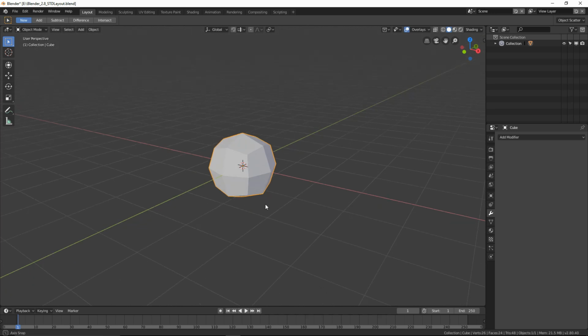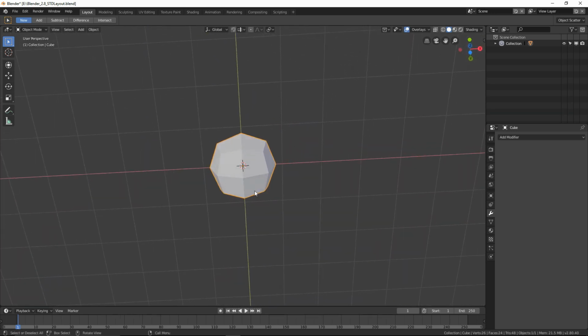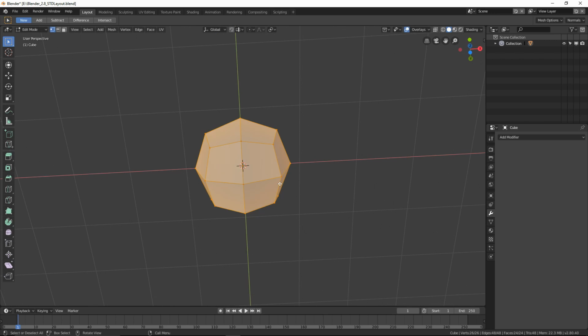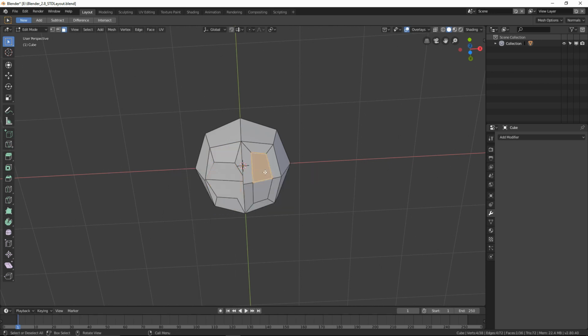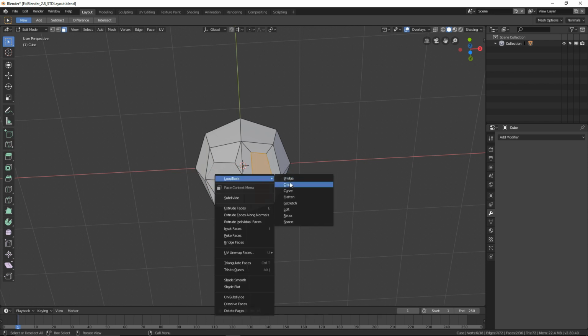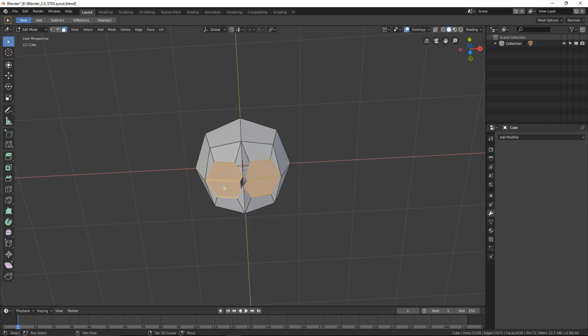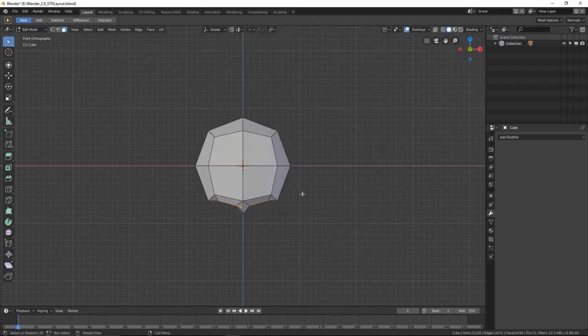Now we want to go to the underside of that sphere, go into edit mode, select this polygon and this one and just go I for insert and just insert it down to about there. Do the exact same for the other side, I for insert to about there. With those two selected, right click, go to loop tools and circle and do the same for this side, circle. Okay. Select all 4 polygons, go into orthographic view and just move them down